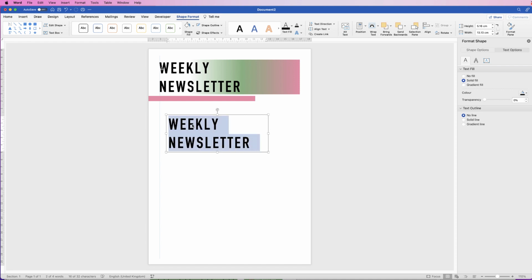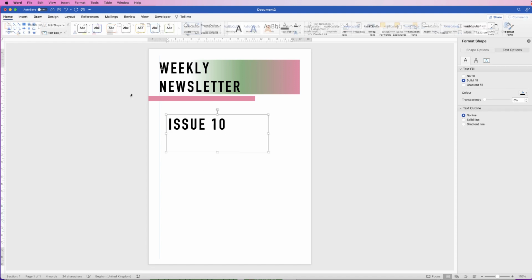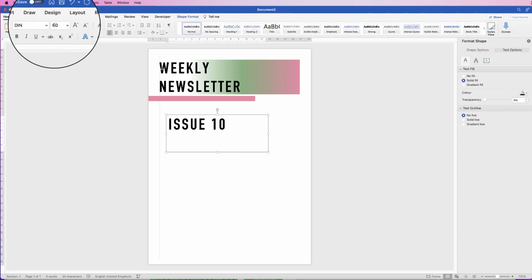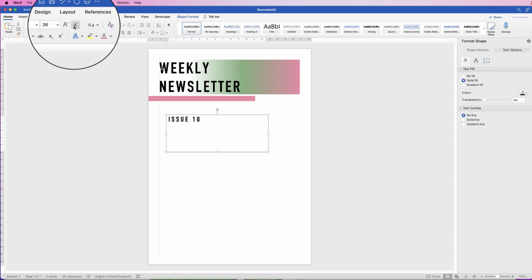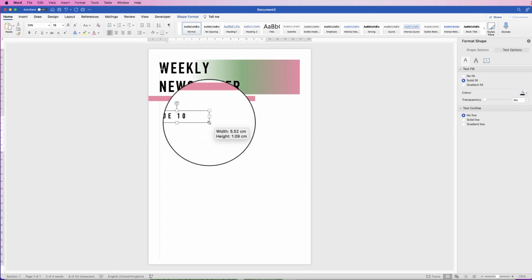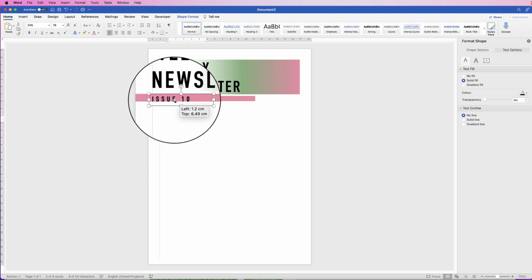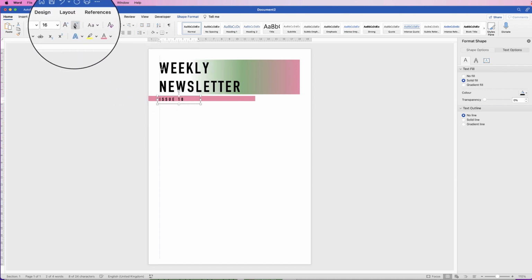So now let's just place in an issue number, and then let's just click away, click on that. Let's go to the Home tab and reduce the size of that, because that's got to fit inside here. So let's just go down